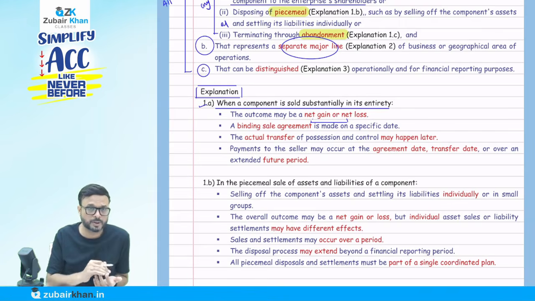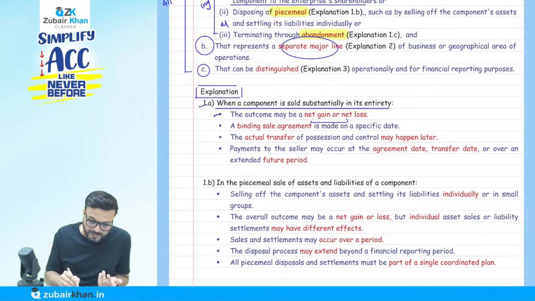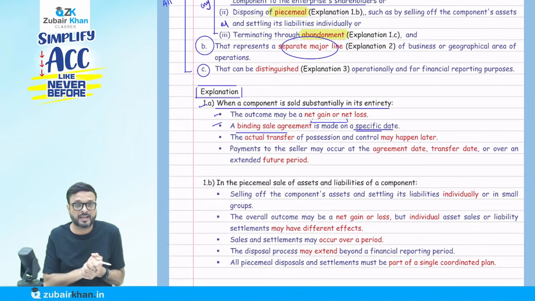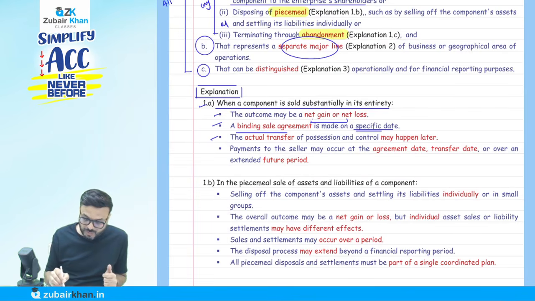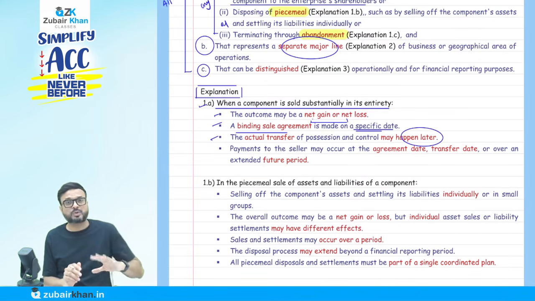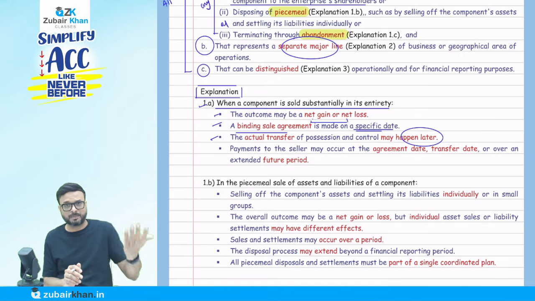So when you sell that operation, it might be profit or it might be loss. A binding sale agreement is made on a specific day. There's an agreement that we are going to sell the complete operation. Then the actual transfer of possession and control may happen later. The actual transfer of the asset, liability, or the possession and control we can transfer at a later date, but the agreement has been